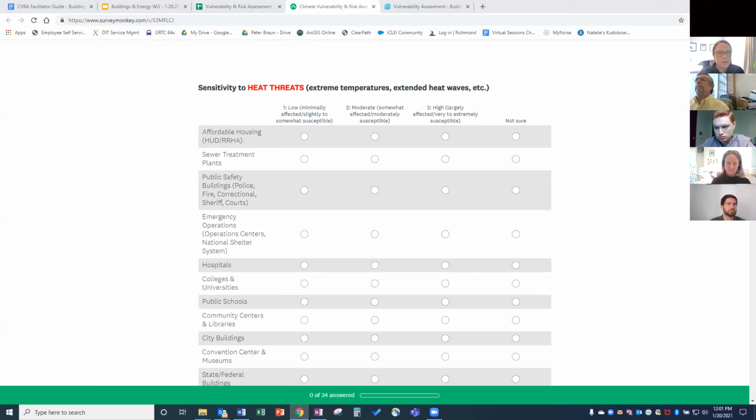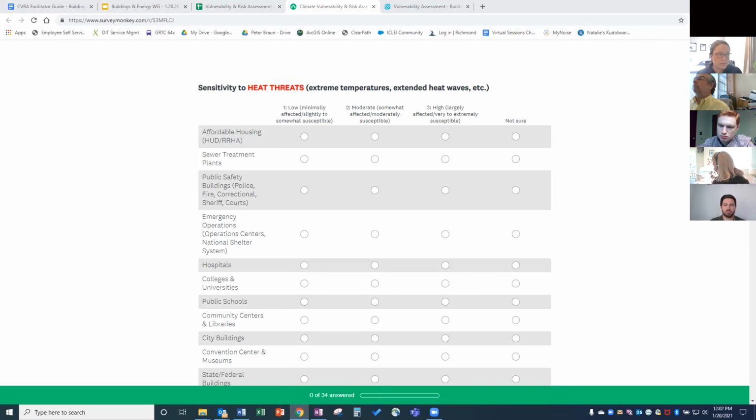temperatures that impact Richmond to the point where we have things melting. That is a reality for some parts of the country, particularly like in the Southwest, where they have issues with paving materials melting during heat waves and things like that. We will not be experiencing heat to that extent that we know of for now. And so what we want to think about when it comes to heat is just generally, is there any potential threat to these types of built assets because of something like an incredibly hot day? We're talking like 110 degrees or more, or an extended heat wave where we have temperatures above 95 degrees for